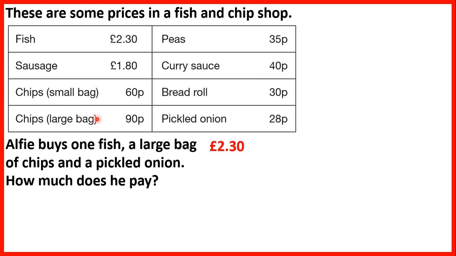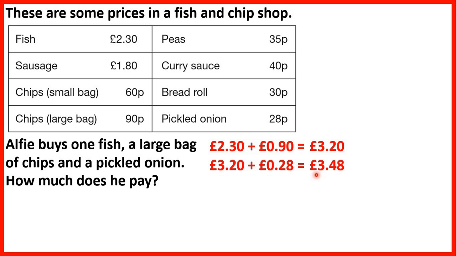A large bag of chips costs 90p, and I'm writing 90 pence like that because it makes it easier to add. £2.30 plus 90 pence is £3.20, because 23 plus 9 is 32. So we can work this out mentally without needing to use column addition. He also buys a pickled onion, so we need to add another 28p. So we have £3.20, and if we add another 28 pence, that gives us £3.48. So Alfie pays